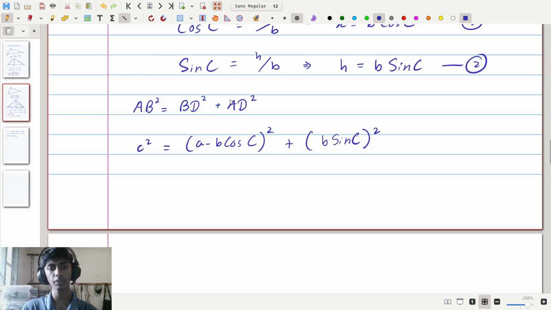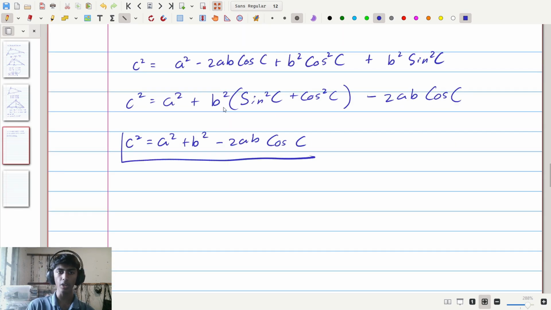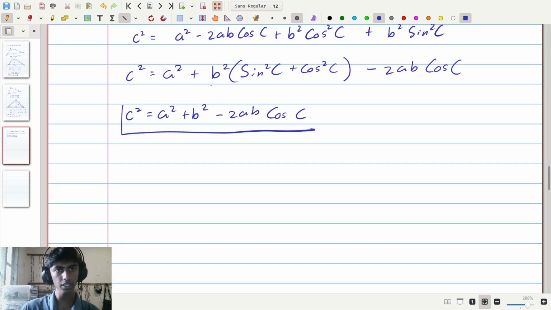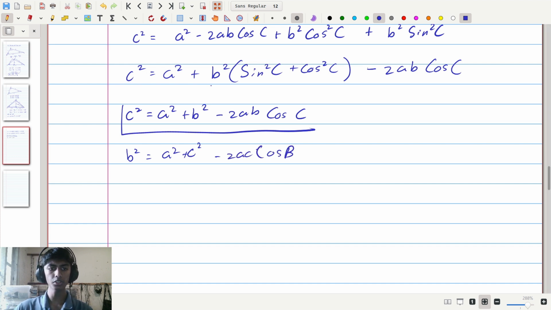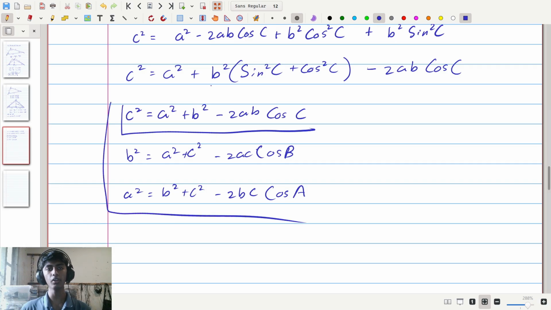So in the same way that we proved that C squared is A squared plus B squared minus 2AB cos C, it can also be shown that B squared is A squared plus C squared minus 2AC cosine of B, and also that A squared is B squared plus C squared minus 2BC cosine of A. It can be shown. So now we have proven the cosine rule as well as the sine rule,